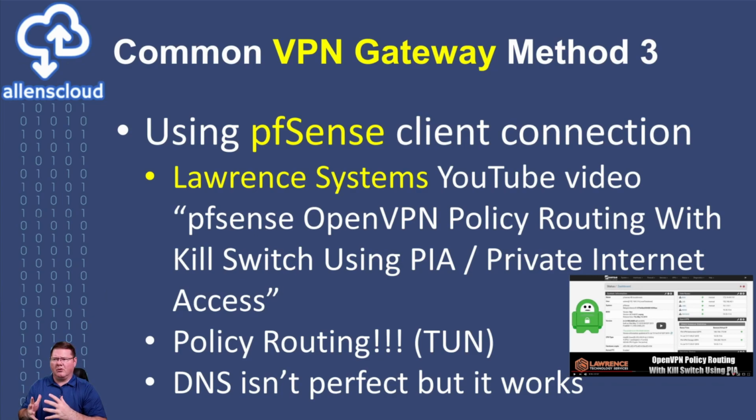And it's got a couple of quirks to it. That policy-based routing, though, is awesome. I put specific IP addresses into pfSense and say these are ones that I want to be running through that VPN connection that it establishes, and it just works. Now the DNS is a little bit quirky,